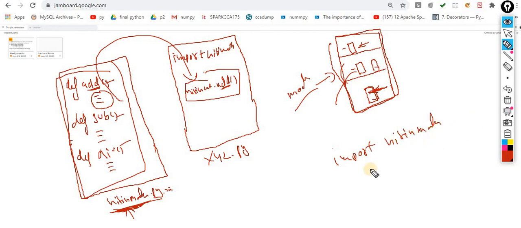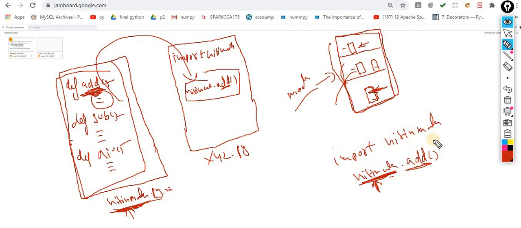So I have to take the help of import Nitin Math. Whenever I have to use add, I write Nitin Math dot add. What is the meaning of this? It means I am calling this function from this module. But I feel, oh sir, it's very time consuming, writing Nitin Math again and again makes me irritated.